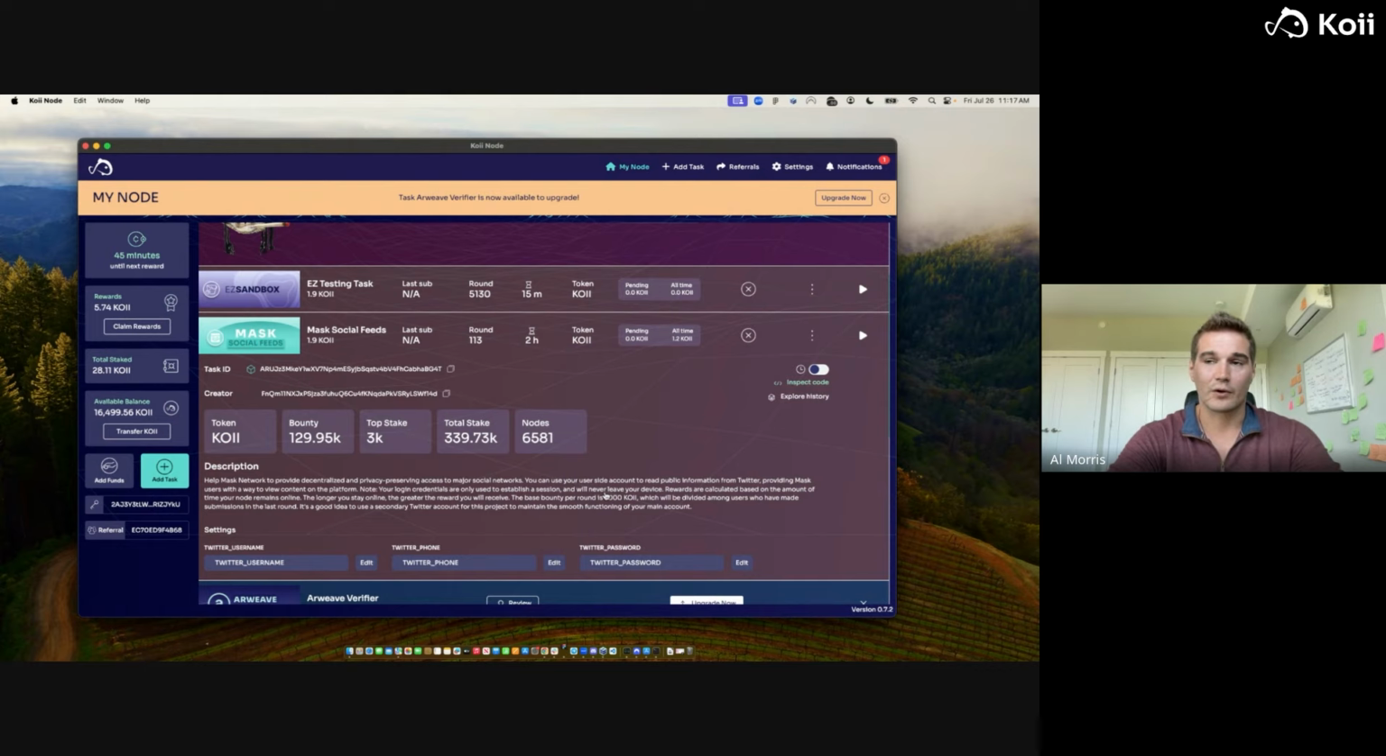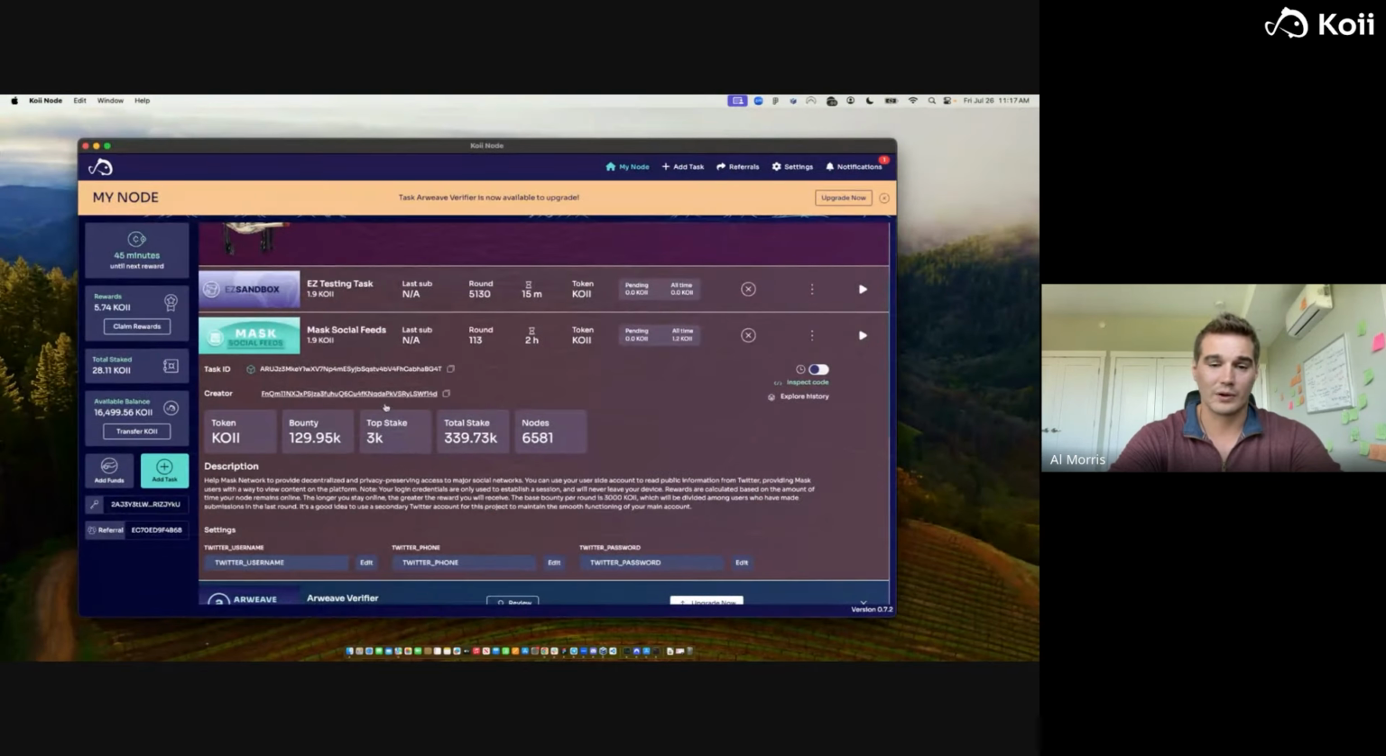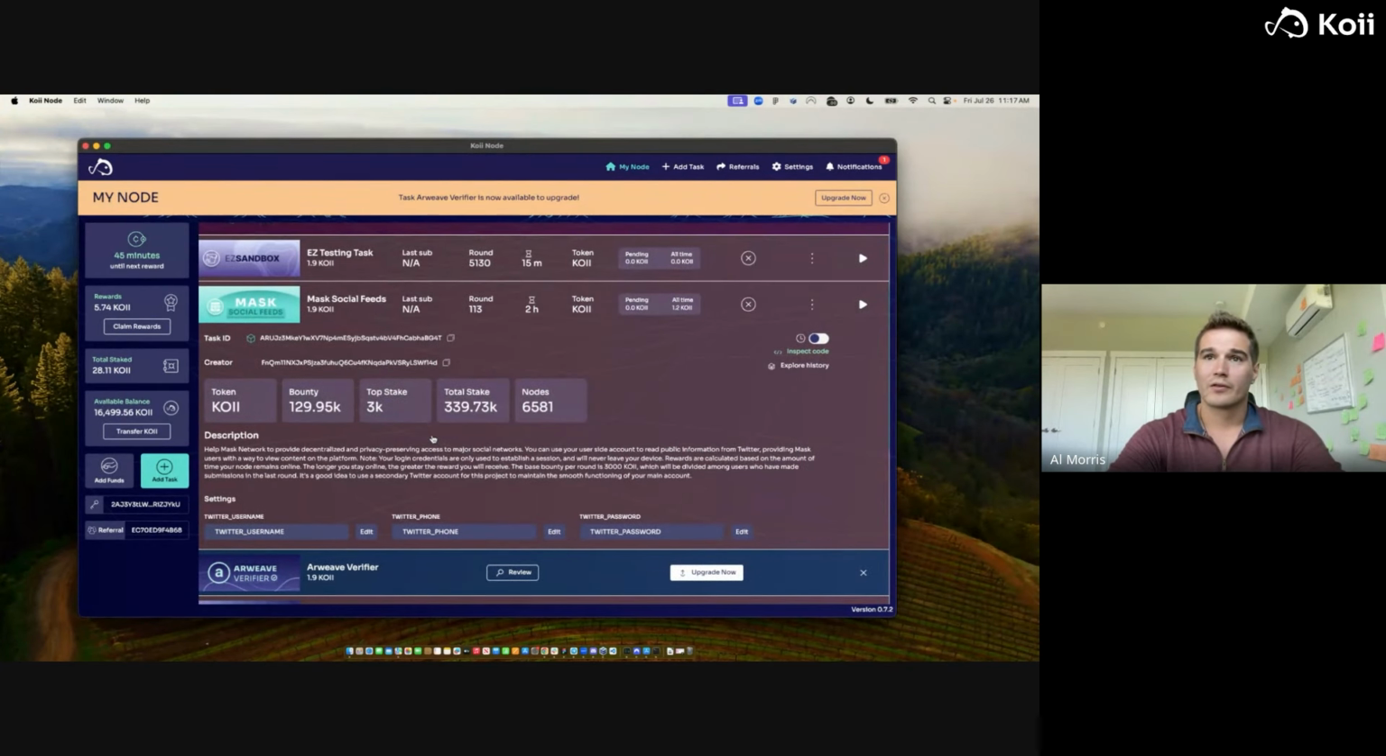And so if the code that's published on GitHub, like this one, mask task, doesn't match what's in the desktop node, then the node won't run the task at all. So you can always be sure that whatever you're running on your Koii node is 100% open source and super reliable. Some other neat things that you can do with the node, just while we're on the topic,